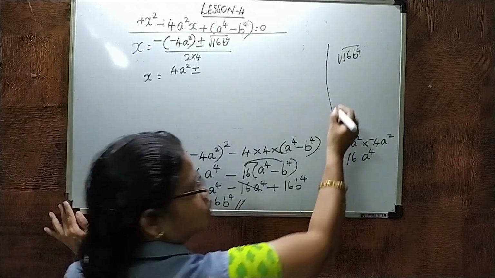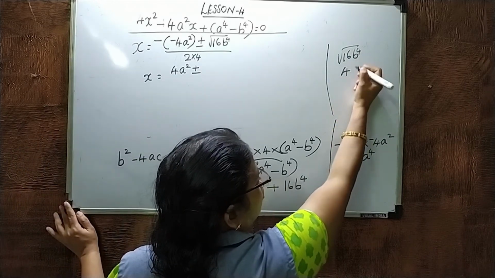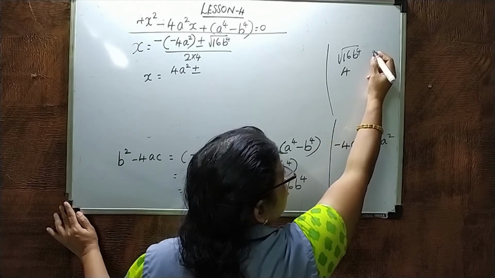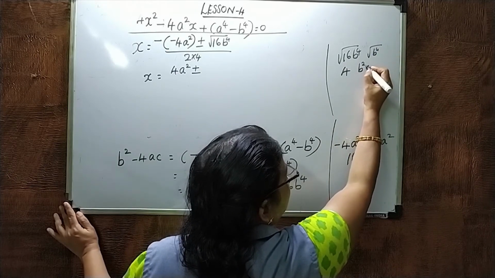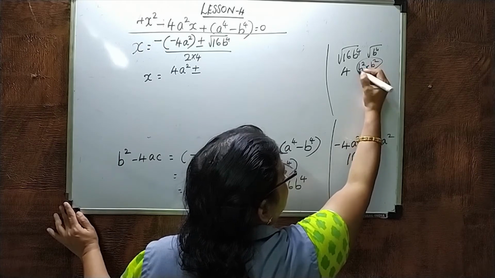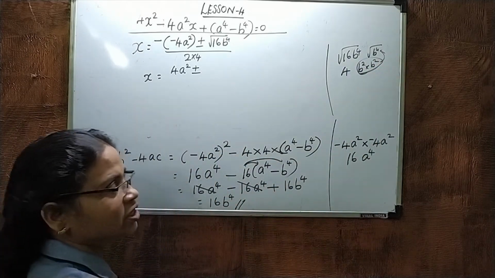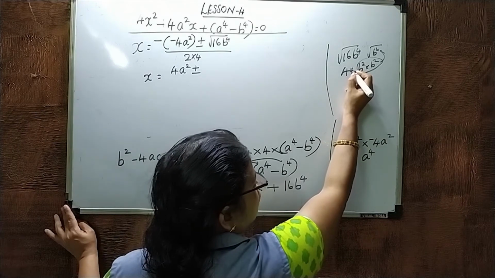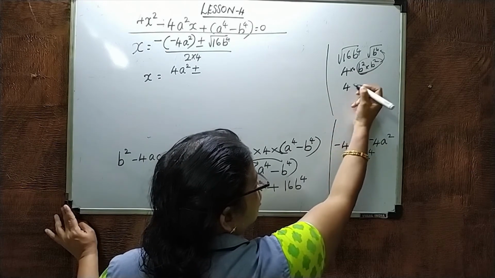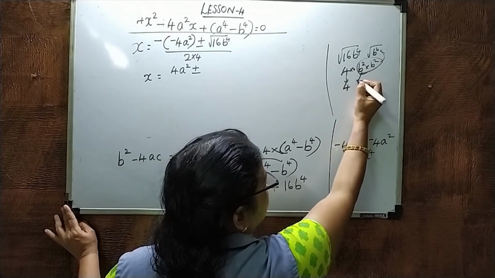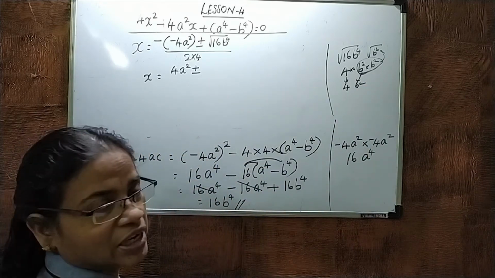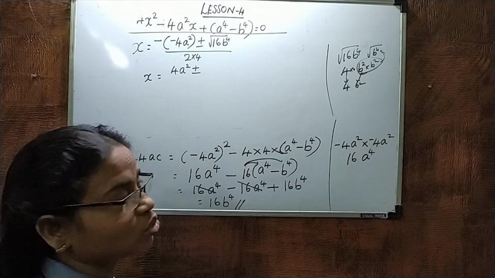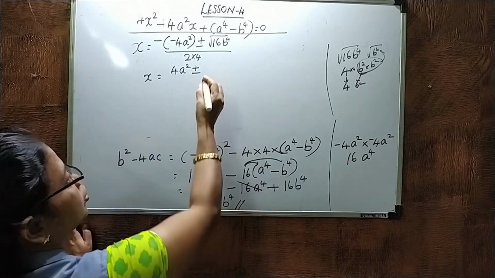Root 16 you know, right? It is 4. Root of b raised to 4 means it will be b square, because b square into b square is b raised to 4. Right? 16 is 4 into 4, so you will take 1 each. So this 4 will be here, 4b square. 4b square into b square, what will you get? 16b raised to 4 you will get. Right? So it will be